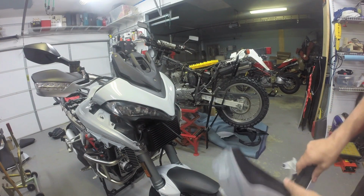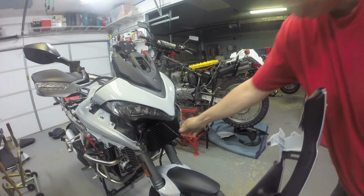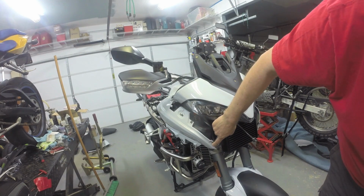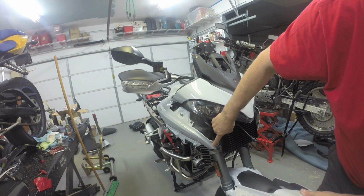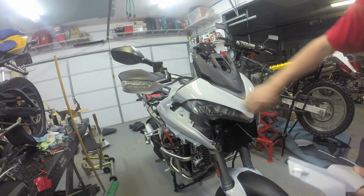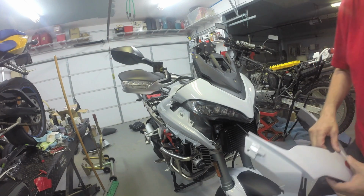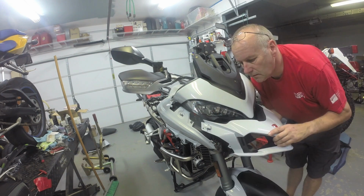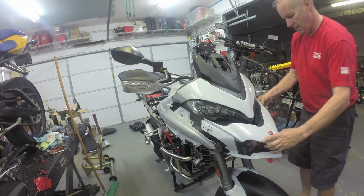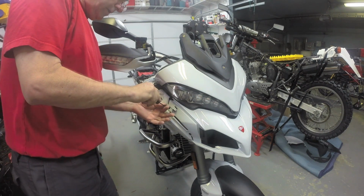Next I'm going to put on the beak. There's a connection right in there, and this is the connector that goes to it. 1, 2, I believe. 3, 4 screws. 1, 2, and then 2 on the other side that hold it in place. Okay, I think I got it. I just need to tighten up the